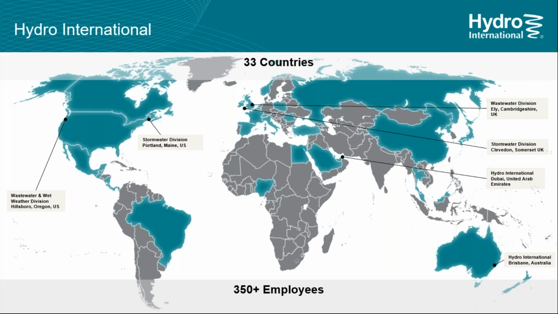employees that work in these different areas, and annually or twice a year we meet so that our America's Stormwater Division, located in Portland, Maine, is using not only the techniques that work in the US and Canada, but we're taking global knowledge and bringing it back to the US and Canada to incorporate into our own stormwater or wastewater products. You'll see our Stormwater Division is located in Portland, Maine, and we do have a wastewater division in Portland, Oregon as well. So Hydro International addresses all things water quality, as well as we have some flood alleviation devices